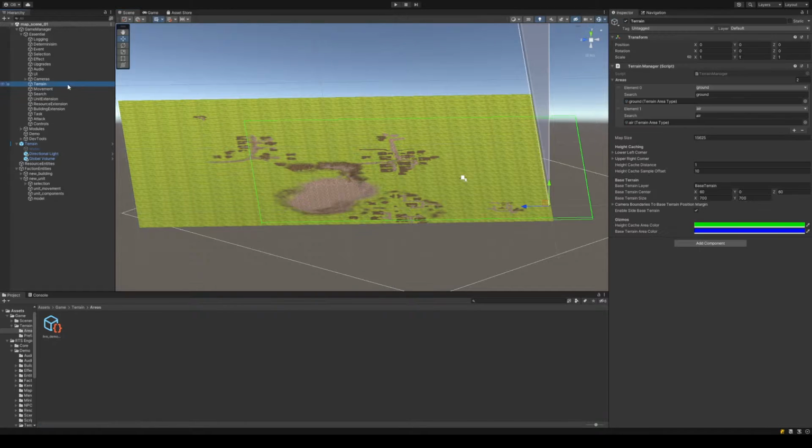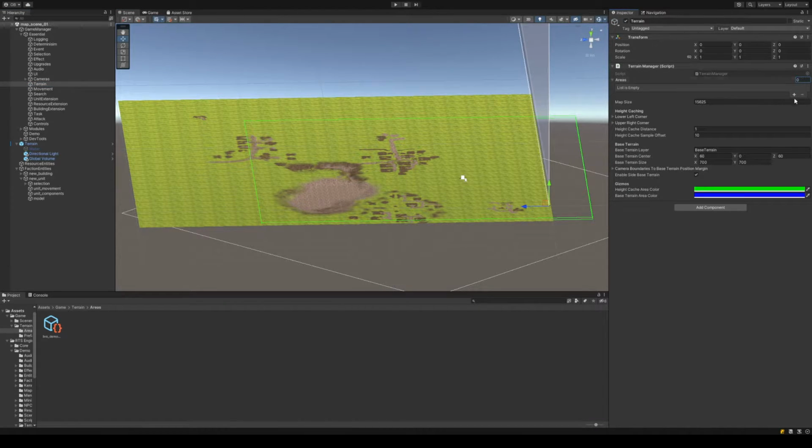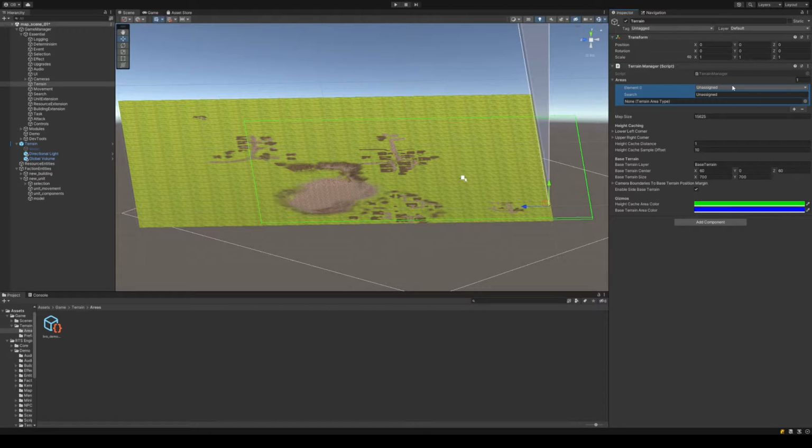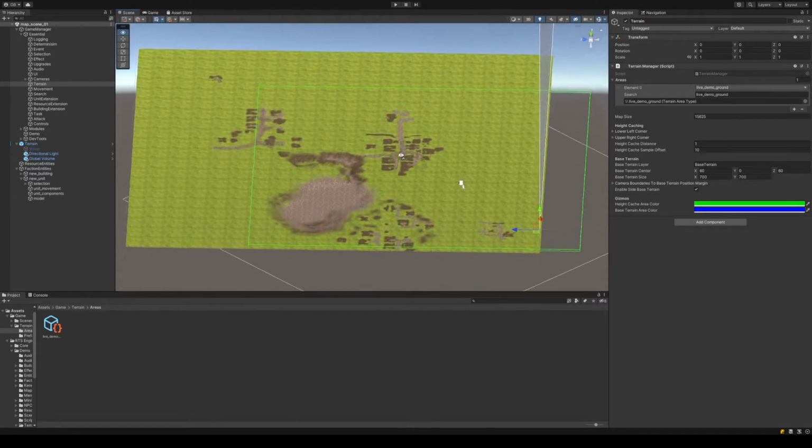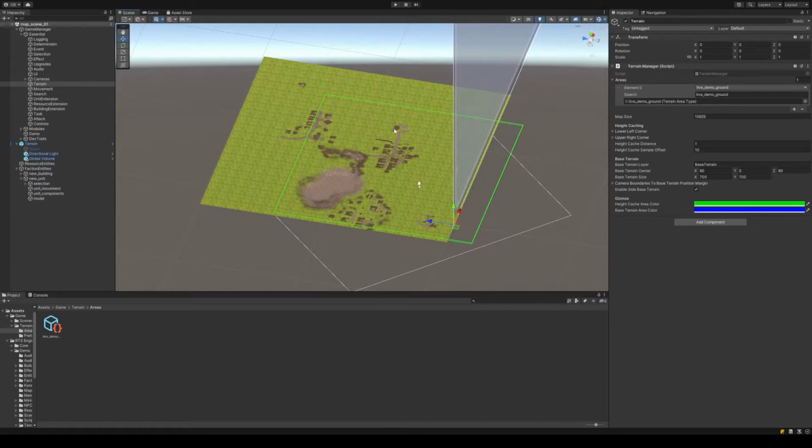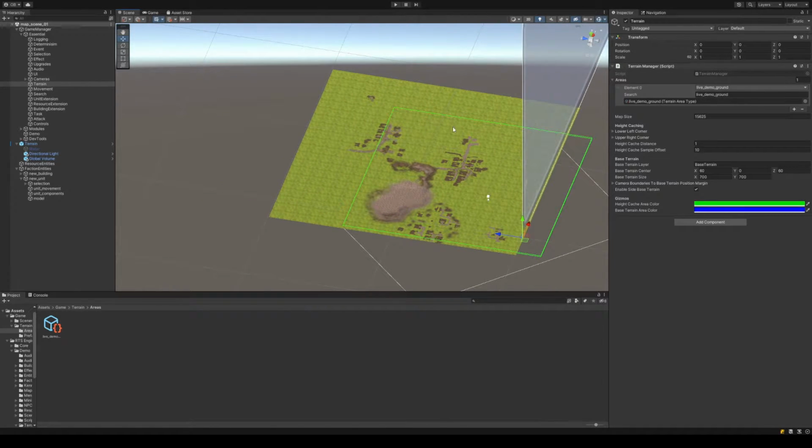Yeah, now back to our terrain manager. We're just gonna get rid of these demo game terrains, and we're just gonna add our own live demo ground terrain here. And yeah, so the first thing we have to look at in the terrain manager after the terrain areas is